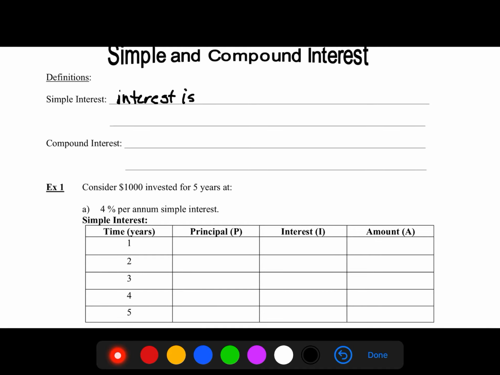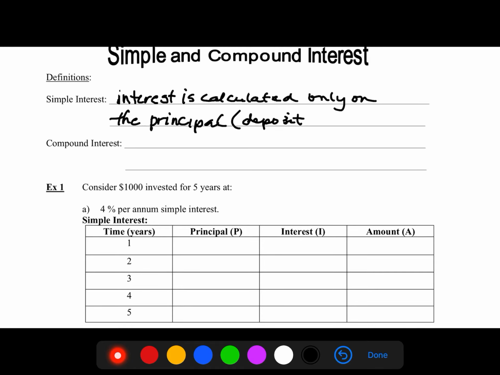So there are a couple of different types of interest. Simple interest is just that. It is the fact that interest on an investment or a loan is calculated only on what we deposit. So interest is calculated only on the principal, and the principal of an investment is simply what was deposited. So if we are calculating the principal on an investment, we are figuring out the interest only on what was